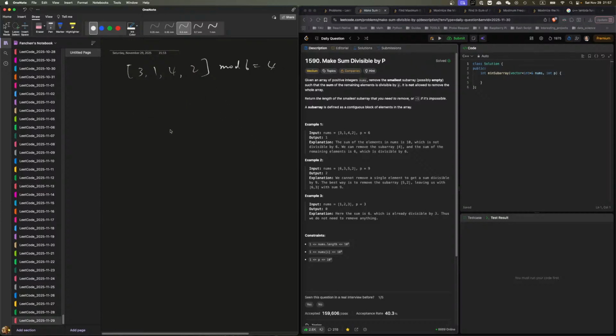So if we do a prefix sum, right? So 3, 4, 8, 10. And then we take mod of 6. 3, 4, 2, 4. Right? What does this mean? This just means, and what we need to find is a subarray, which is this minus this. That's like anything minus another thing. Right? So what we need to find is